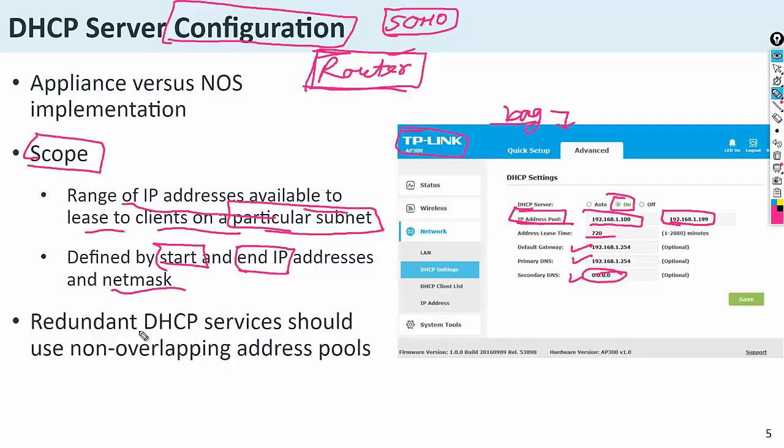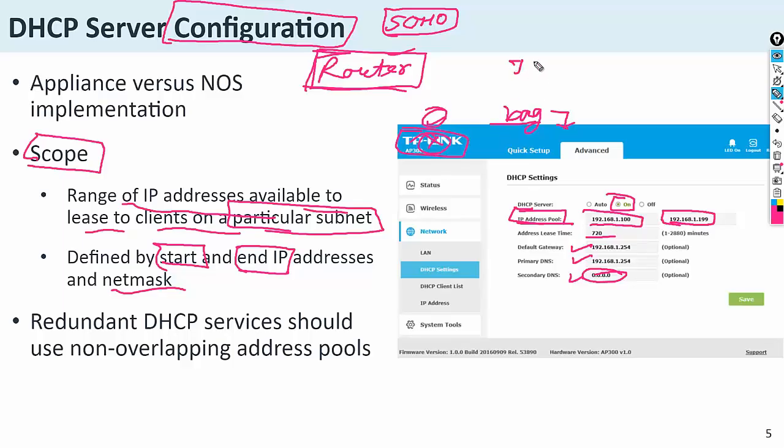And redundant DHCP service should use non-overlapping address pools. Means if, for example, I am running one DHCP server, but in case this server is down, what is the redundancy, and is another server available?